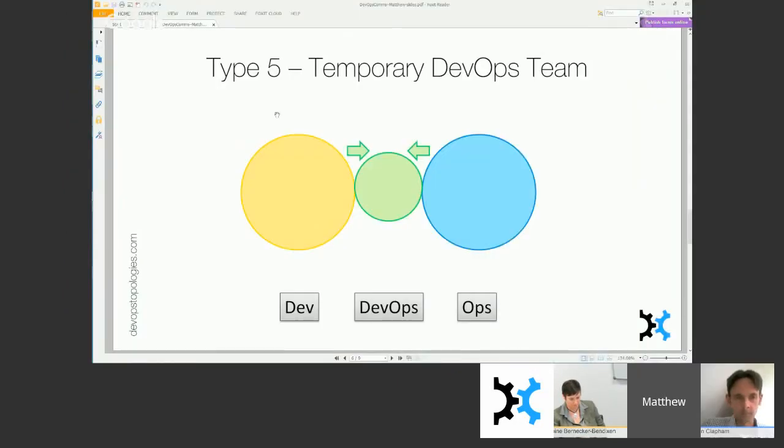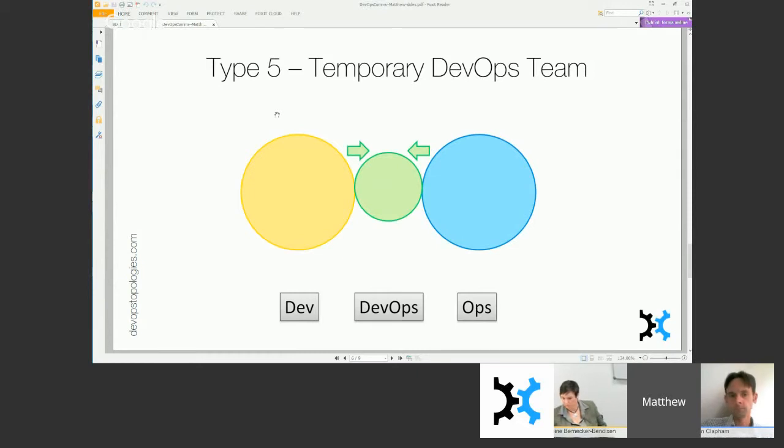Regarding the diagram that you just showed, I guess people might be interested in why you've chosen to call it a temporary DevOps team. Would you mind just briefly explaining that for people who aren't familiar with the diagram? Yes, the danger, of course, if this team in the middle were to be a permanent team, is that it acts as an intermediary between development and operations, and so because this team's in the middle, there's a danger that it stops development and operations from getting closer together.